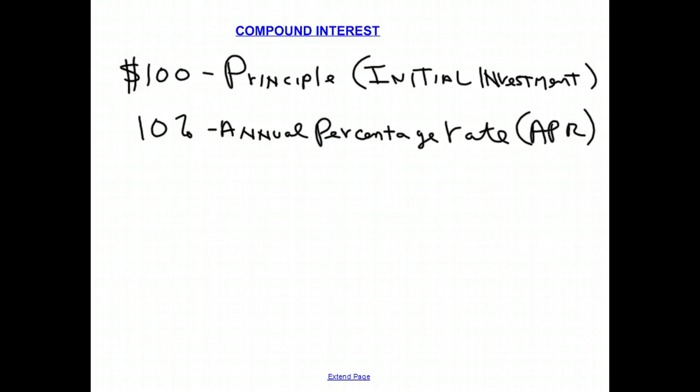And let's think about how much money we have after our first year. So on the right side here, let's have a little table. We'll have how much we have at the end of each year. Certainly at year 0, we have $100. So if we want to find out how much we have at the end of the first year, we would take our $100